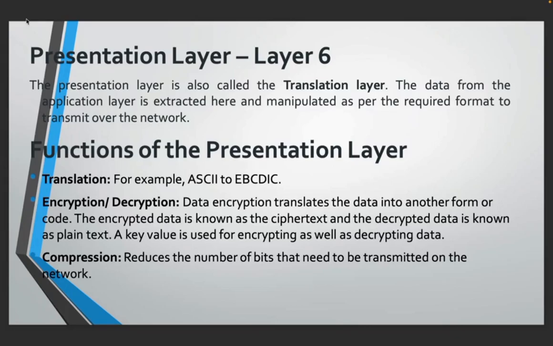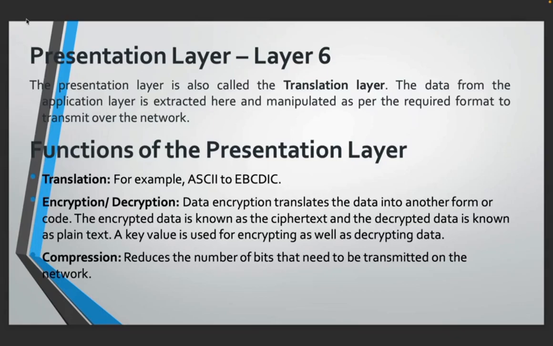Presentation layer, layer 6. The presentation layer is also called the translation layer. The data from the application layer is extracted here and manipulated as per the required format to transmit over the network. The functions of the presentation layer: translation, encryption or decryption, compression. Translation, for example ASCII to